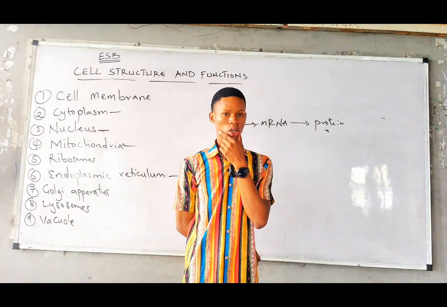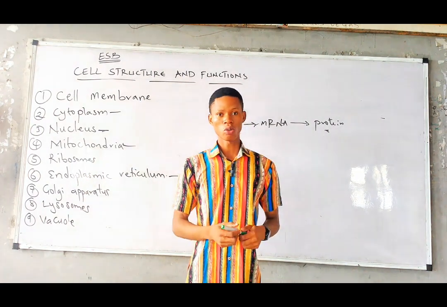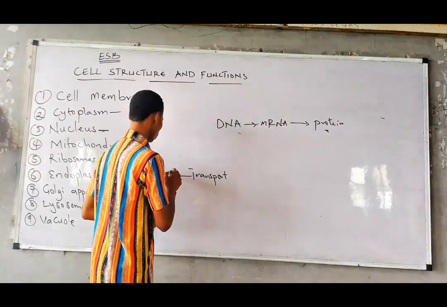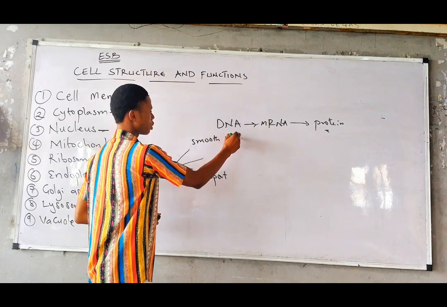Is that true or false? It's true. Do you know why? We have two types of endoplasmic reticulum. What and what? Smooth and what? Smooth endoplasmic reticulum and rough